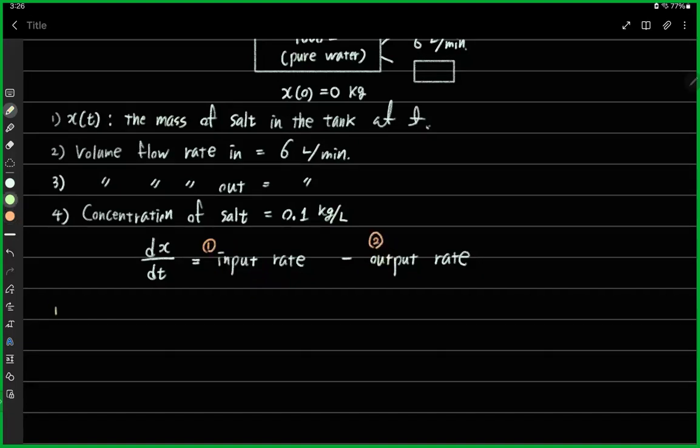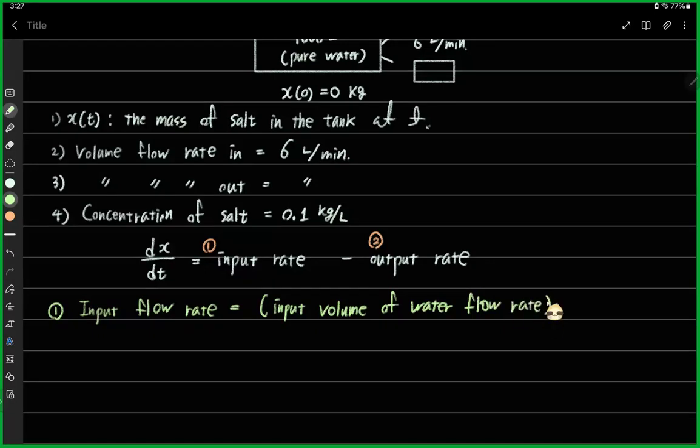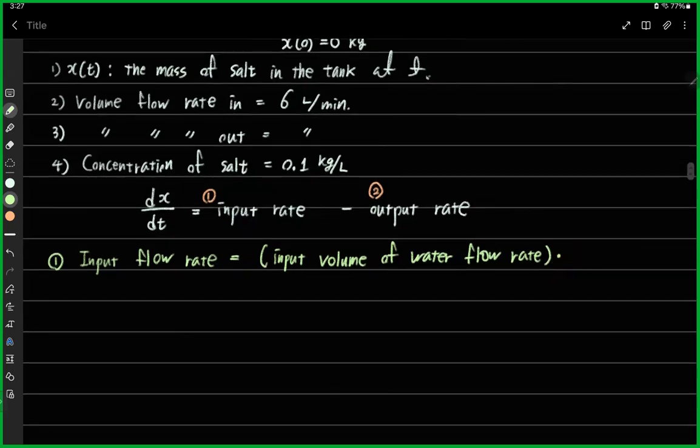First, the input flow rate is going to be the input volume of water flow rate times the concentration